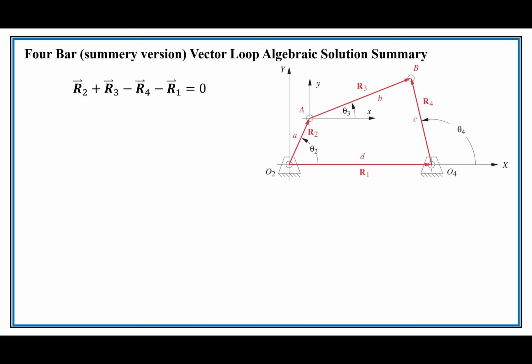Here's the vector loop. As mentioned, we remember that we're going around and we went positive through the R2, positive through the R3, and then went backwards, so negative for the R4 and backwards through the R1 for the ground. So there's why they had negatives. We could break these down into,